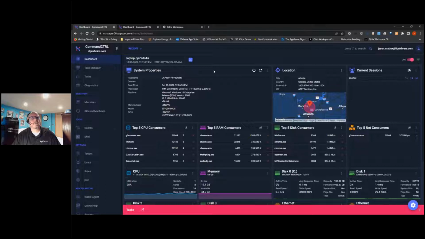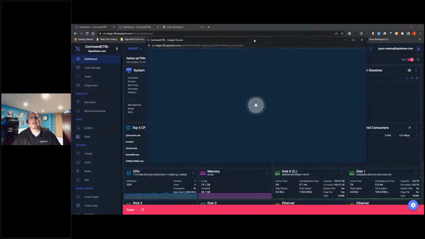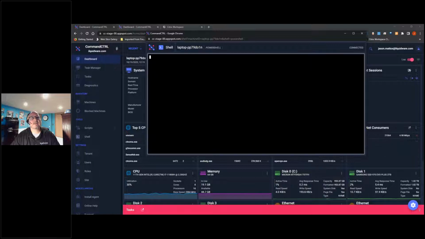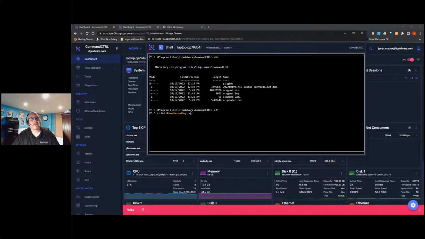So then we go to the top here, and at the top is where we get our remote PowerShell to this laptop that I'm on. And you get all the same traditional commands and tabs and things to connect. So we'll get our command prompt. I could do directory, I could switch to CMD, go to the C drive. I could do a Get-PnpDevice, physical device. I can go backwards. You get all kinds of usual PowerShell command prompt type things that you would do on